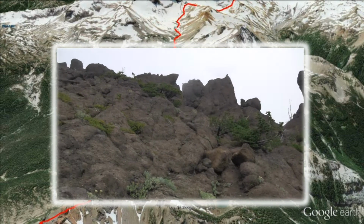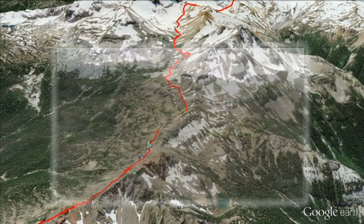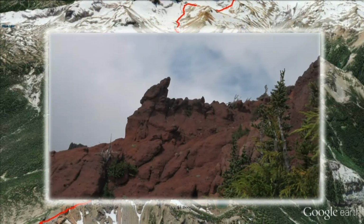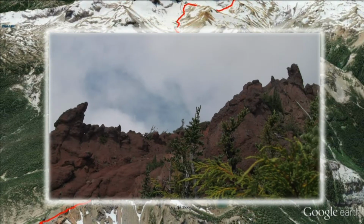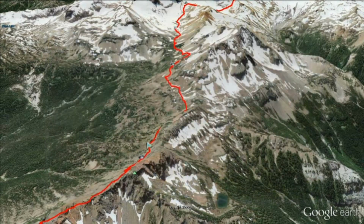It's easy to see why it got its name, a large red horn on the otherwise brown and black rock of the area. Watch your footing as you find a way around its head wall, a vertical red wall that you will have to skirt. The rock here is like concrete, and loose rock that sits on top acts like marbles scattered across the dance